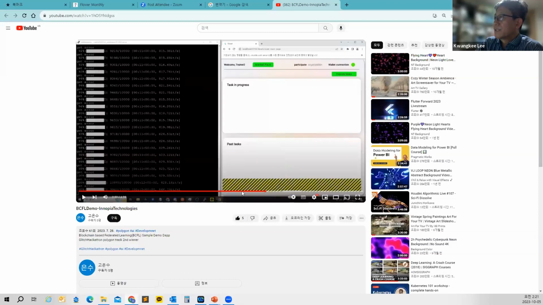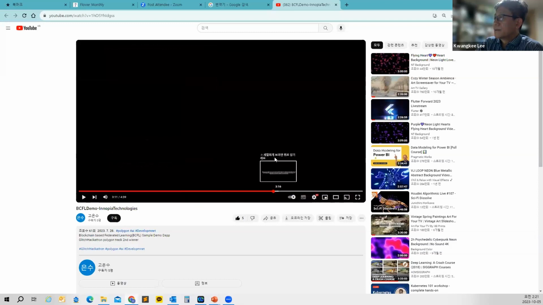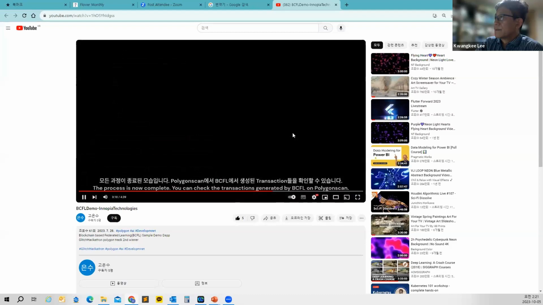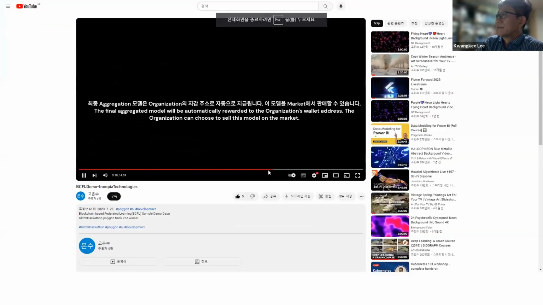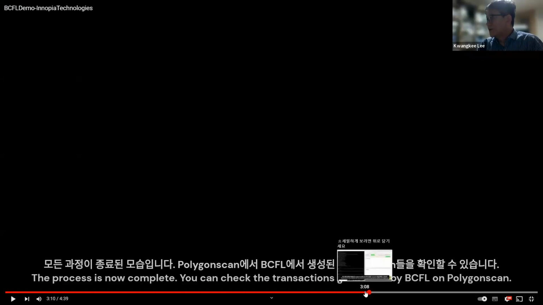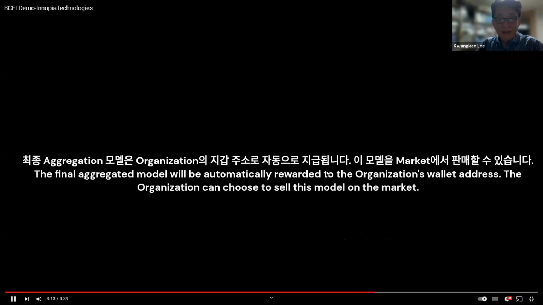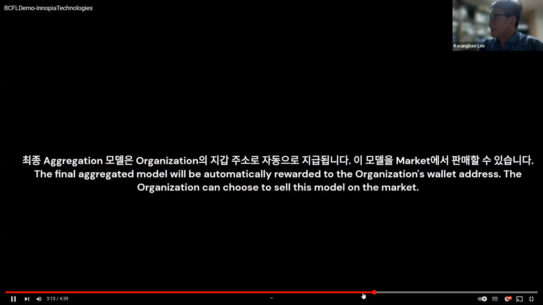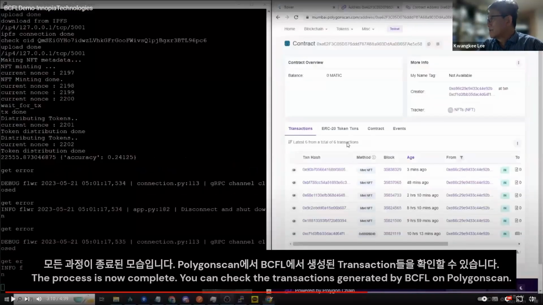I'd like to point out that all the transactions are stored in the blockchain network, so we can scan and check those transactions. That's the beauty of the blockchain characteristics.